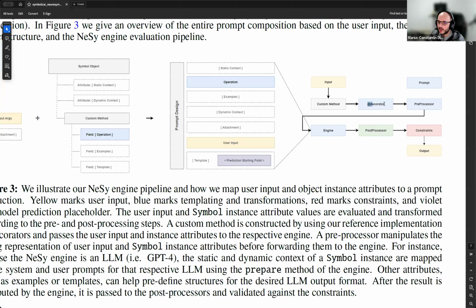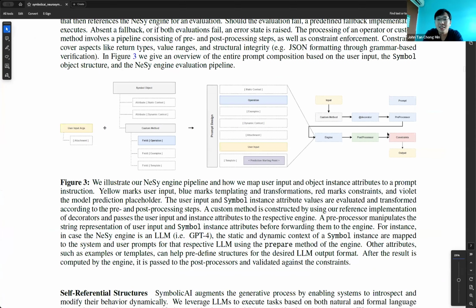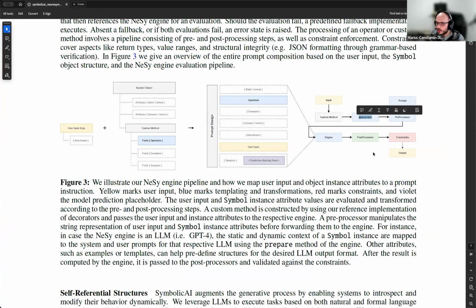So this is kind of two choices with more technicalities, if you want. So why we did it this way. Actually, just ignore the decorator for now, because the decorator will also go through the same flow. Decorator or not, you will need to go through the preprocessor, engine, post-processor, constraints, and output. It's just that the decorator does it for you automatically. It also selects which engine to use.